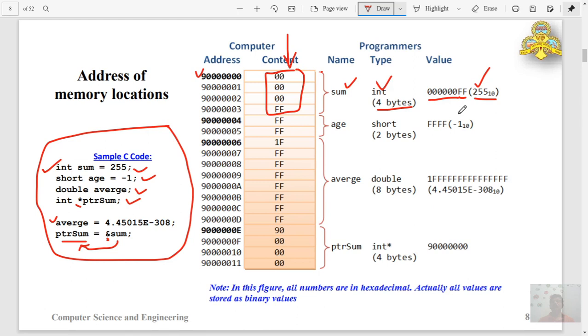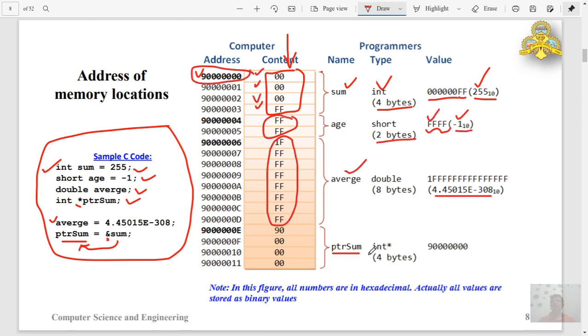Now the last one, a very important one, that is pointer sum, ptr sum. It does not store any numerical value or literal value. Inside it stores the address of a memory location. Observe the last statement in this code, ampersand sum is assigned to the pointer variable ptr sum.